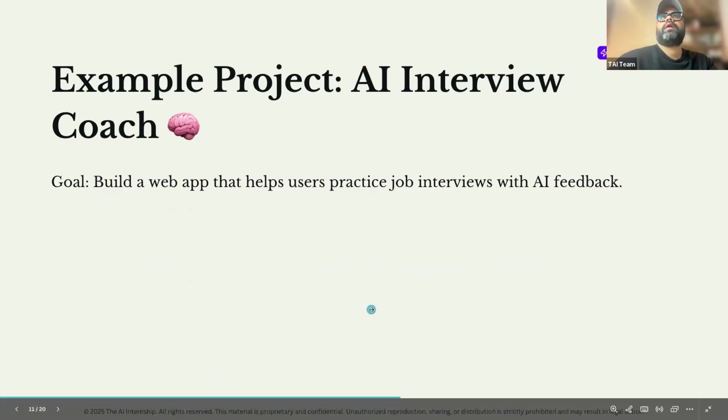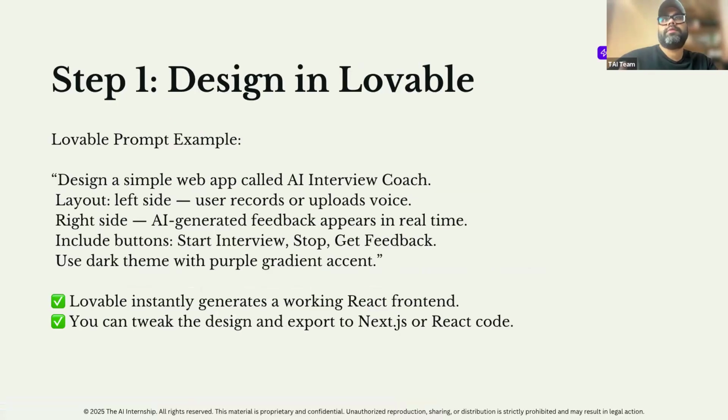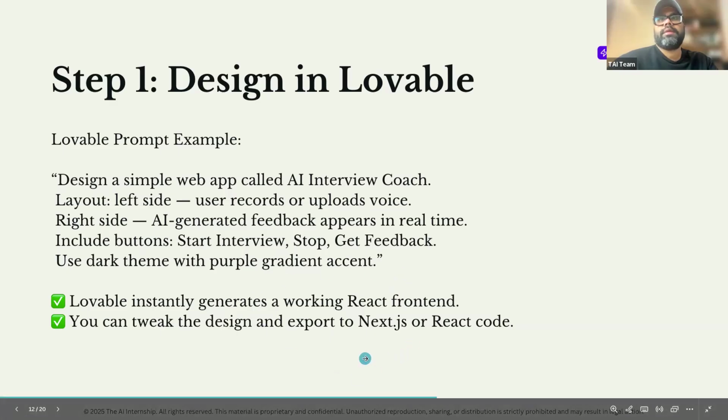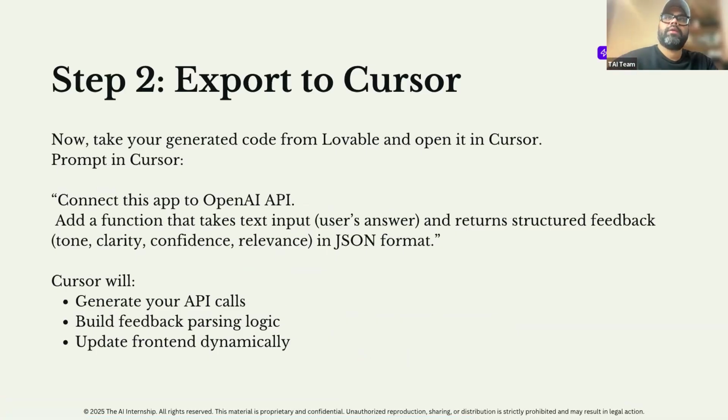So you start with a goal like this, and then the first step is you can use Lovable or any kind of tool to build the initial UI with a prompt like this, and then it will generate the front end piece, and then you can get it to Cursor. I can download this over GitHub. You can sync it,